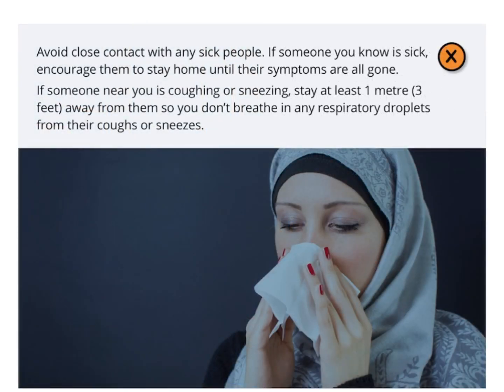Avoid close contact with any sick people. If someone you know is sick, encourage them to stay home until their symptoms are all gone. If someone near you is